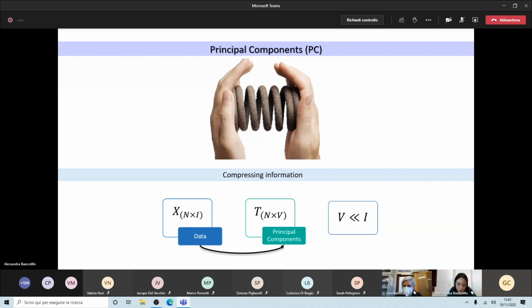I'm not going to talk about this today. But regardless of the way we do it, we will have a number of principal components. So this means that we pass from having 3,000 variables to having 6-7 variables.